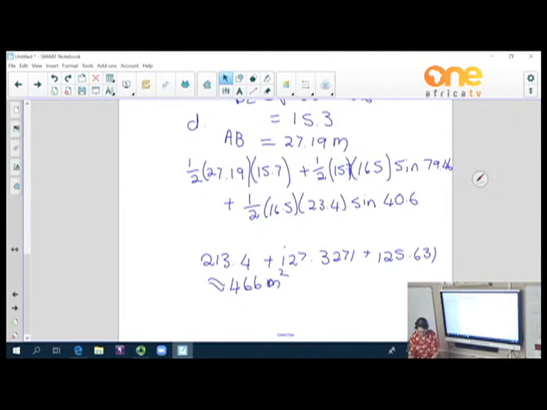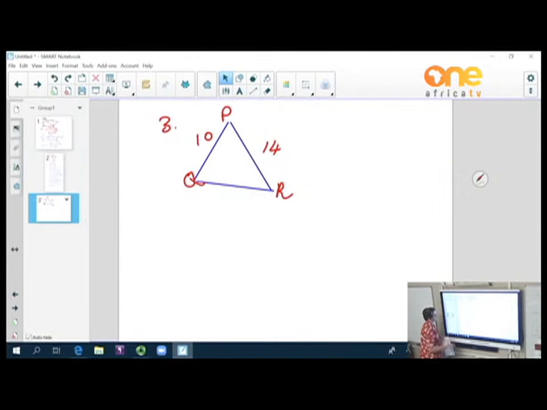Right, very nice question. And let's look at the last one, number 3. There's my triangle. In the triangle, QPR is acute. We've got those sides, and the key